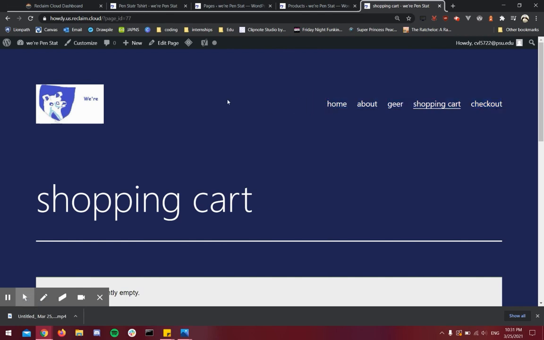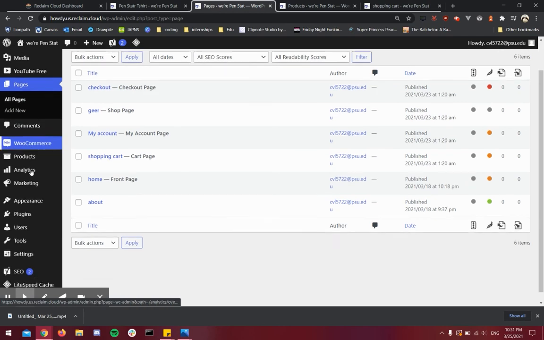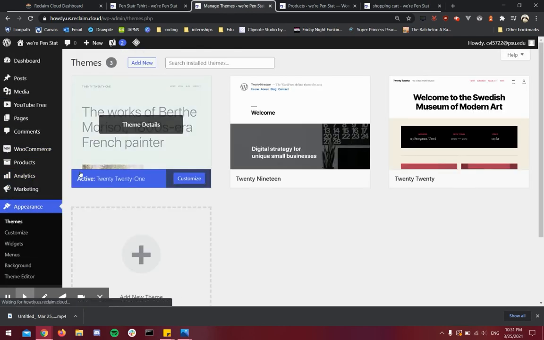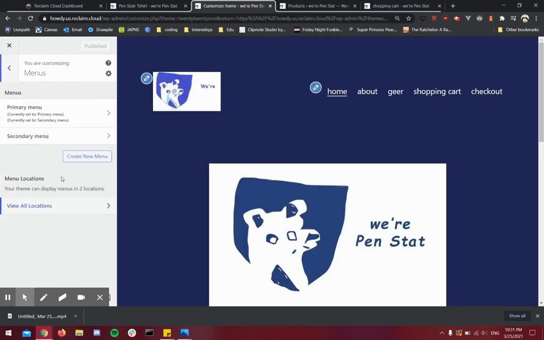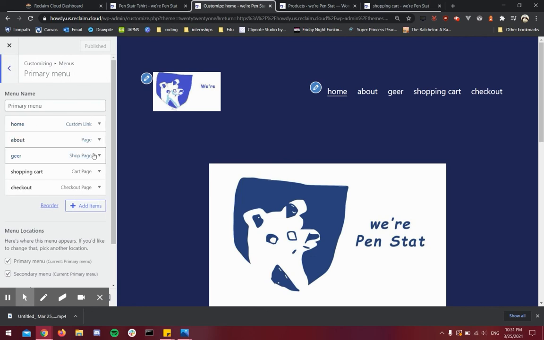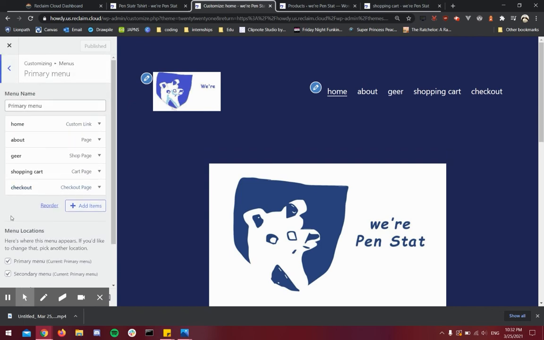The place that I found it was in Appearance. There are set themes, but you can customize them. And the place that I customized it, I believe, was right here in the customization of the theme, which I felt was kind of weird. I couldn't find a good way to, I guess it depends on what theme you have. I know you can customize the CSS, but